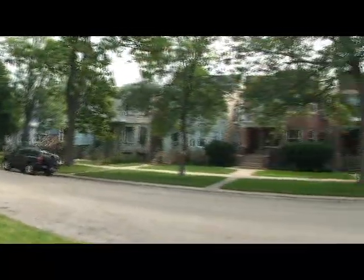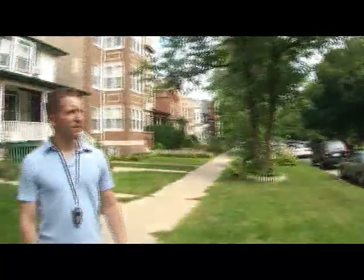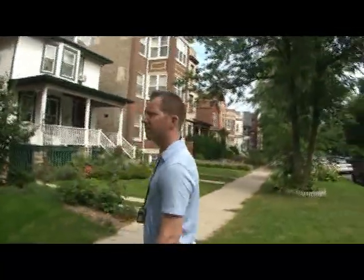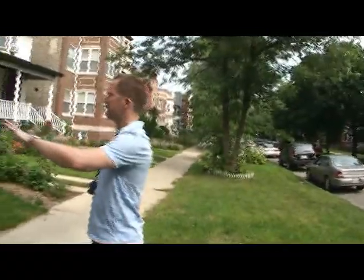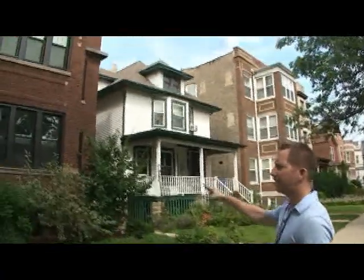It's a nice broad street, broad parkways. Yeah, great setbacks, beautiful trees. You have brownstones and greystones and brick. And actually, as we pan here, a single family. Then you have, this is still...